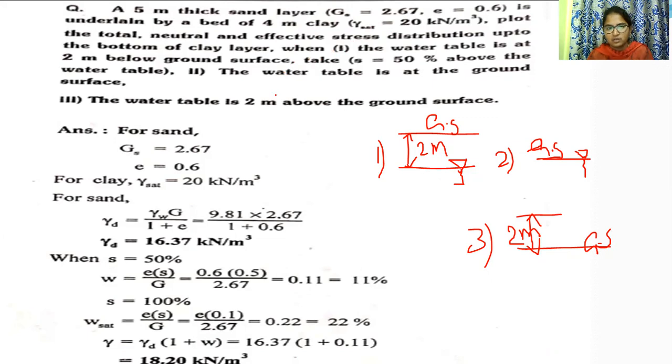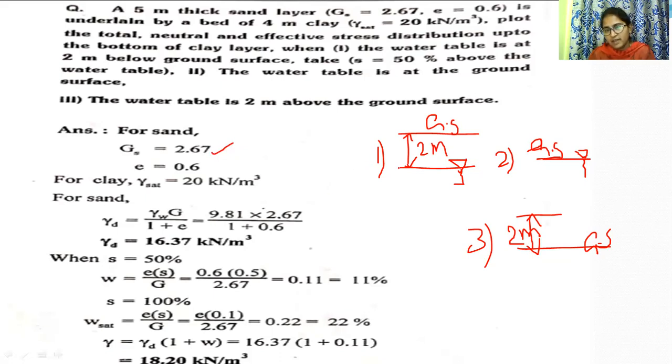For any problem, first we read the problem and write the given data. The given data: specific gravity is equal to 2.67. Do you understand what G is equal to? In some cases it is directly given. What is the abbreviation of void ratio? What is the abbreviation of specific gravity? So first of all, learn those elements: 2.67 and 0.6, and saturated unit weight is equal to 20.